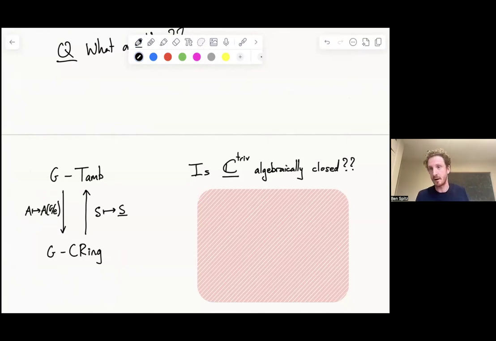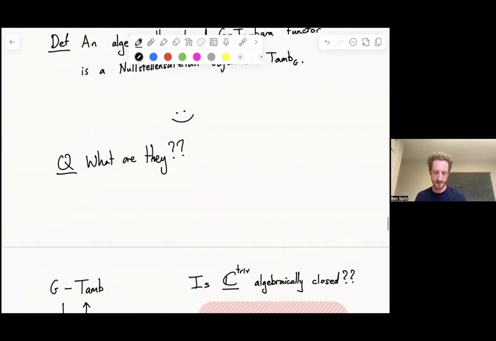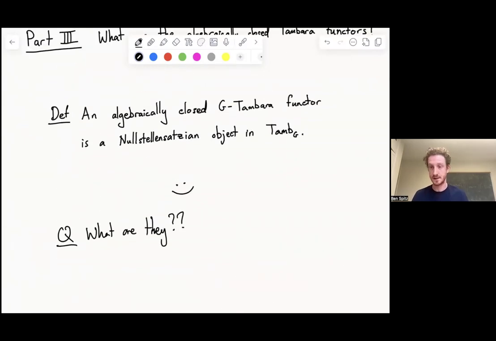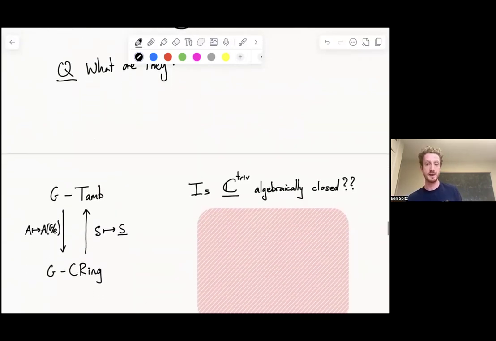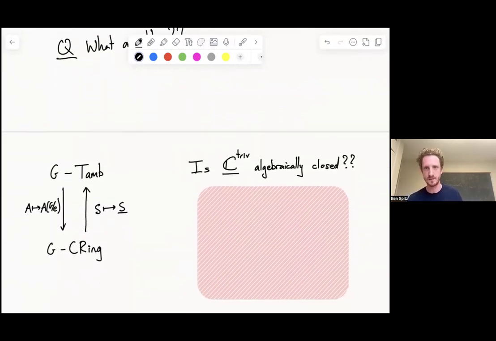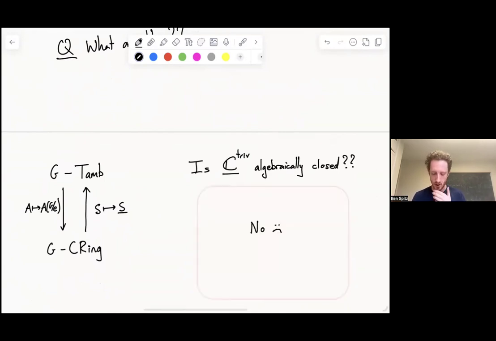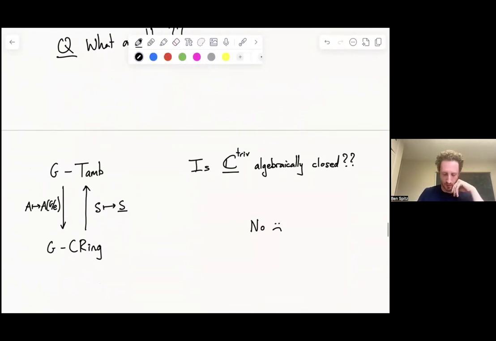And our morphisms of Tambara functors consist level-wise of ring morphisms. So you might think that this definition of Nullstellensatzian objects, which just has to do with morphisms in the category of Tambara functors, would tell us that when you have, level-wise an algebraically closed field, then you'll get a Nullstellensatzian object. And the answer is no, this is not true, which is kind of a bummer. And so I'll try to explain why.